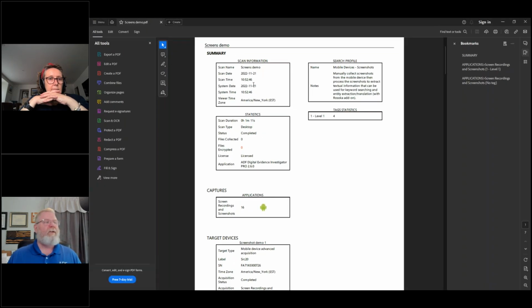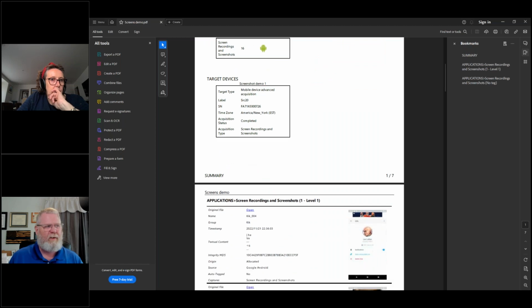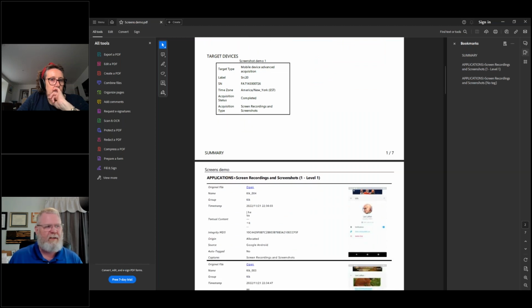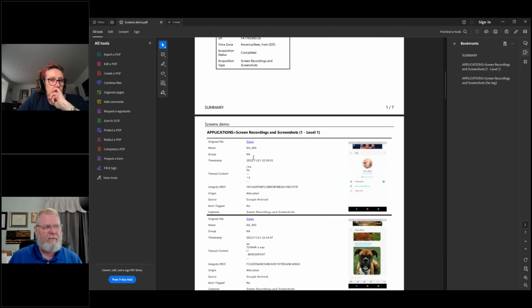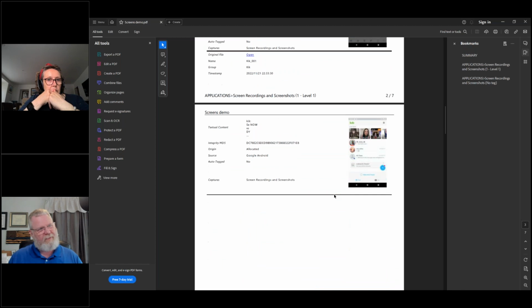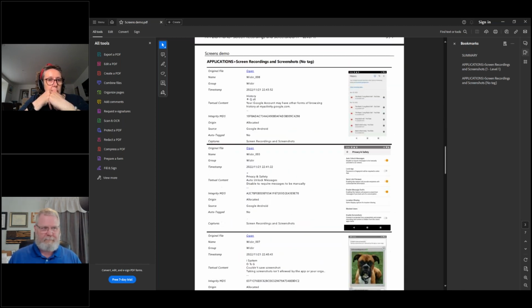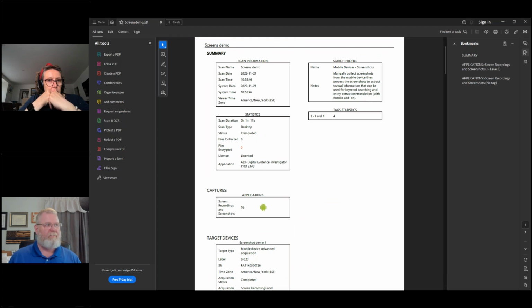All right, so the PDF report, we have our summary page. If you wanted to give it to them, this would be just all the statistics, what date and time it was done, the device it was taken from. And then you can see here all the properties, date and time it was taken, the hash value, and a copy of the screenshot. So very easily, if you needed to present this to them, you can do that as well and say, here's my report, or here's what's in it.